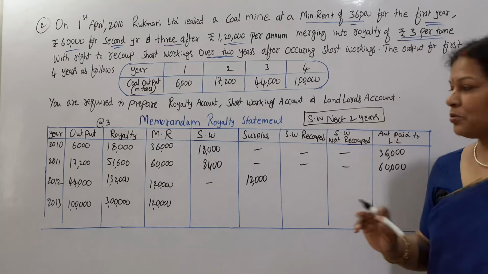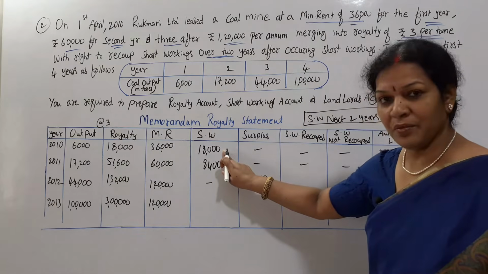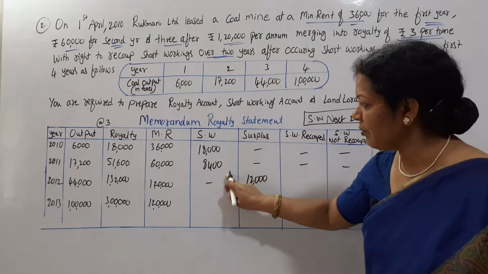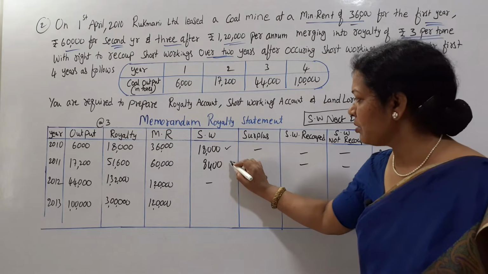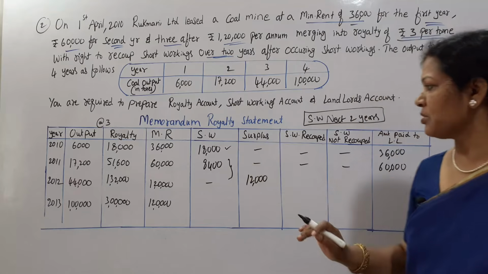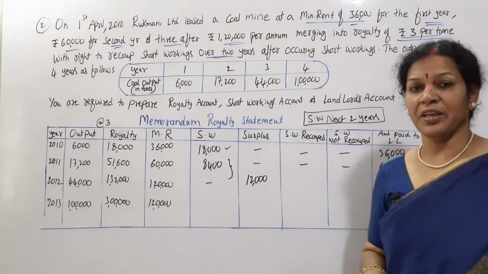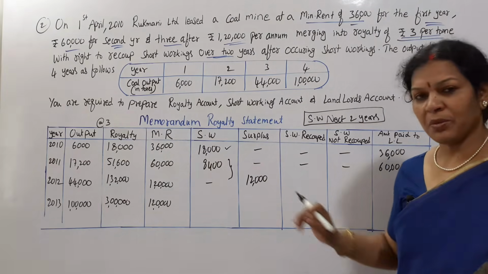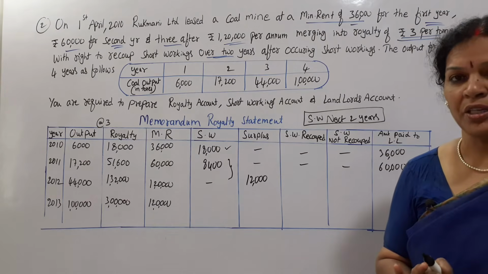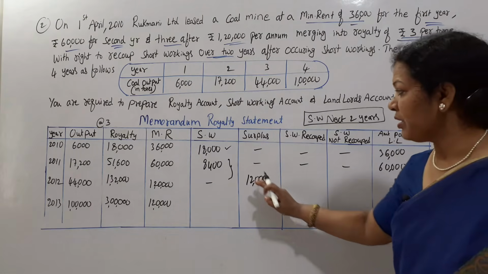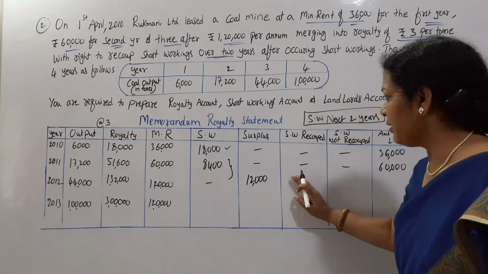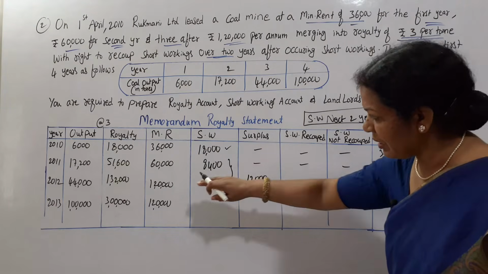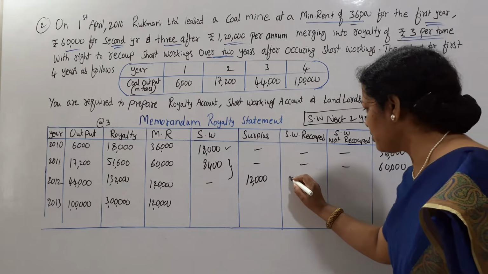Short workings of the first year, we have to recoup by 11, 12. By this period we have to recoup this one. So this is to be recouped in these 2 years. How much is short working? 18,000. But how much surplus we are having? 12,000 only. And what about the rest of the 6,000? Not recouped. Let us utilize this entire surplus to